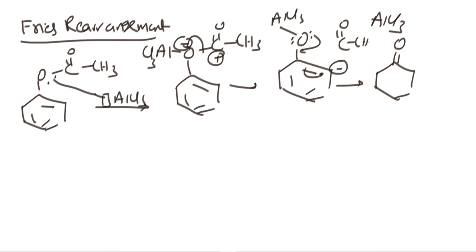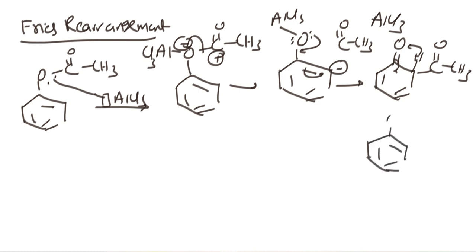C double bond O CH3, then what will happen? Then this is C double bond O CH3, here one bond, here one bond. After that, tautomerism. Please observe that everywhere you are getting the tautomerism, OH, CO CH3. Okay, this is our product, the phenolic product. I hope it is clear. So this is a very easy thing. Okay, this is very simple.